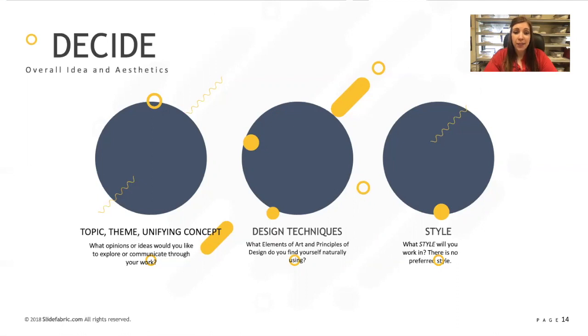Another thing that you need to decide is what design techniques you want to use. So think about the elements of art and principles of design and which ones you naturally use. And that's probably the ones that you want to focus on. So pick 1 or 2 from each category, 1 or 2 elements and 1 or 2 principles to focus on